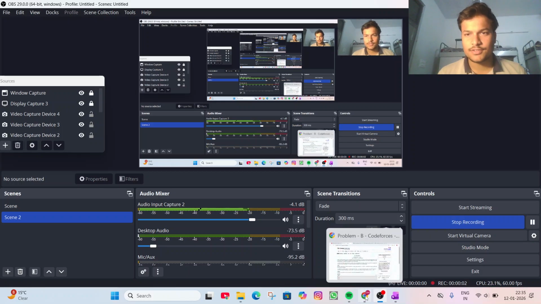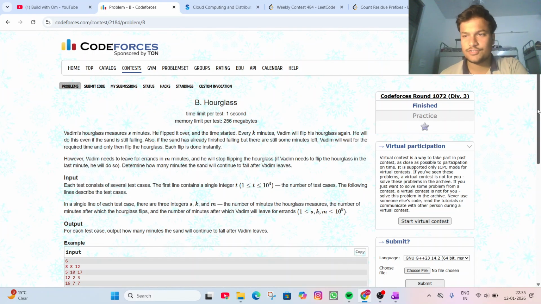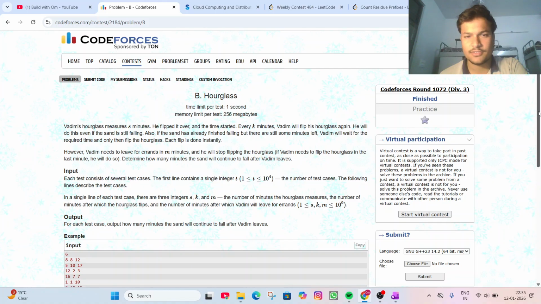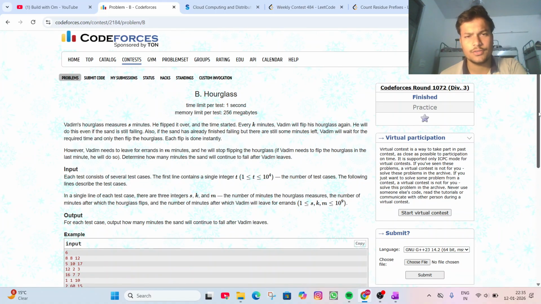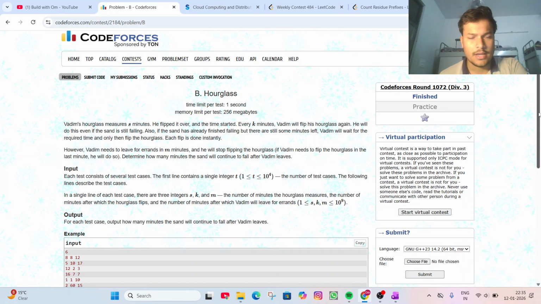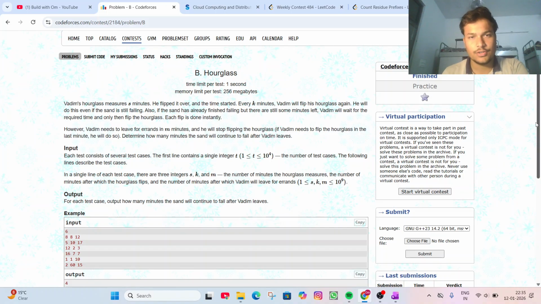Okay, so guys, after discussing problem A, we are now reading problem B, which is named Hourglass, and this is also part of Codeforces Round 1072 Division 3. Basically, I solved two to three problems in this contest, and this is one of the toughest approaches because we used some mathematical formulas related to